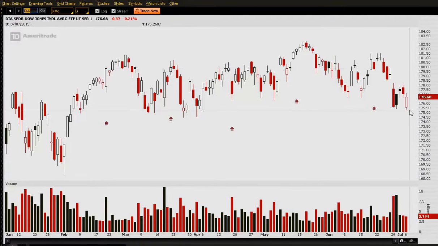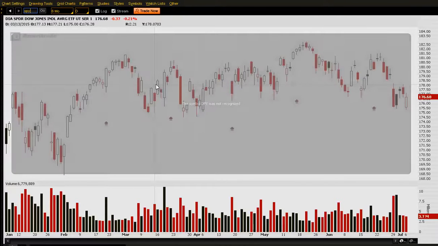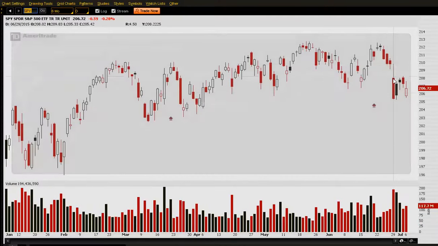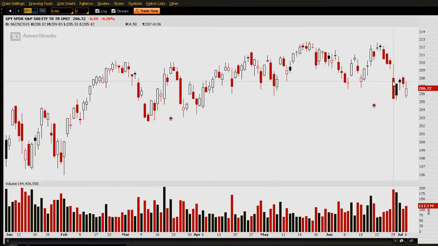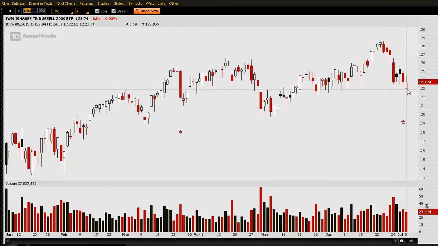So let's just take a look at the Dow. Basically the same scenario, only we did break lows. We don't have quite the same inside bar candles. There we go. As we have here, we have the big body candle, and then all the candles are trading within that. The Nasdaq and the Russell are also a little bit different in that we do have relatively increasing volume on the decline and then decreasing volume on the rally. That's typically more of what you would see with a bear flag pattern. And then the Russell has actually already broken down and is drifting lower.